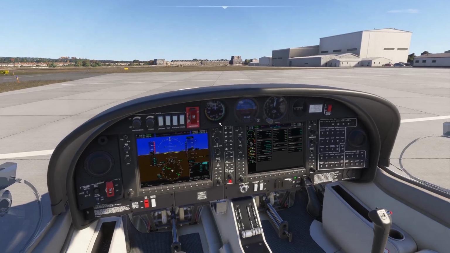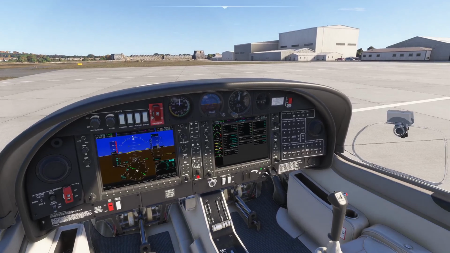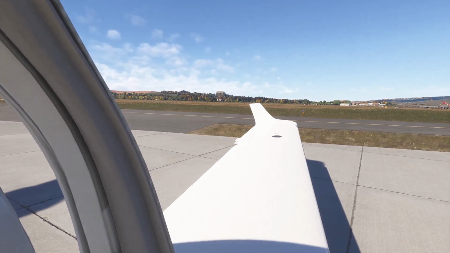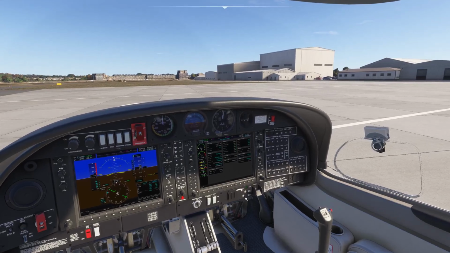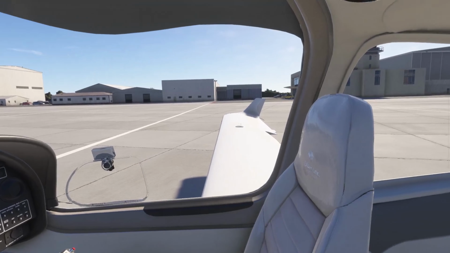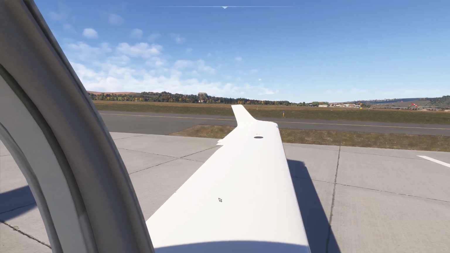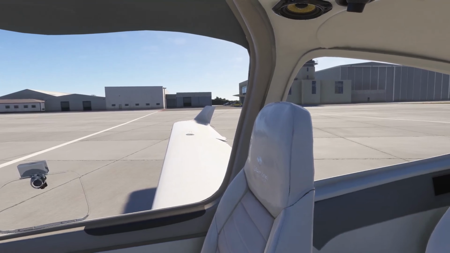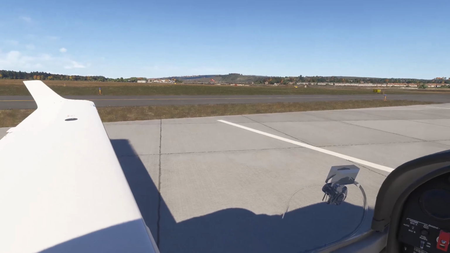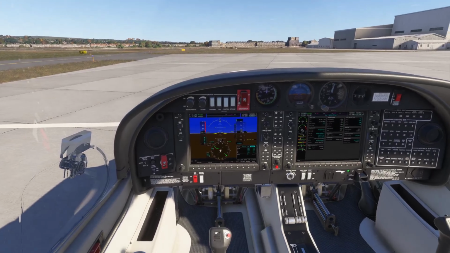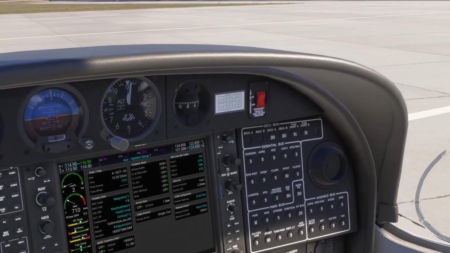Then we want flaps. So we want to check the full travel. So we're going to put it at takeoff. Wait for the green light to extinguish. White light. That means it's set. So we want to check that. Then we set it at landing. So 2 lights means it's moving. 1 light means it's set. Check it. Back up to takeoff. And back up to up. That's checked. Altimeters, so we want 1025,